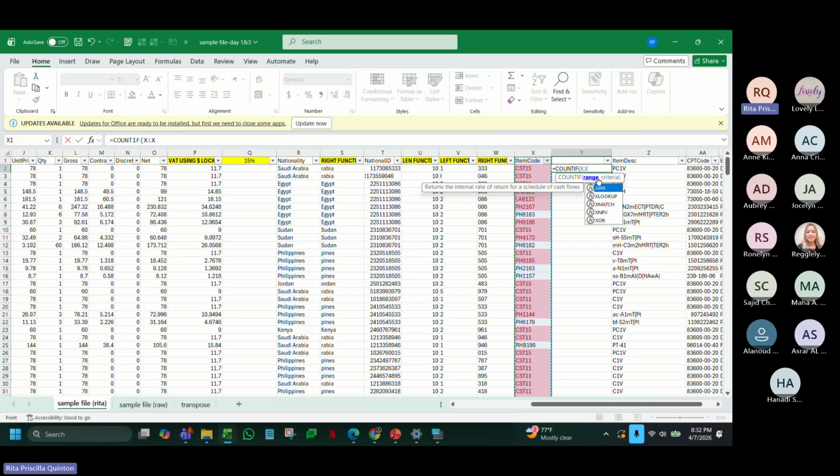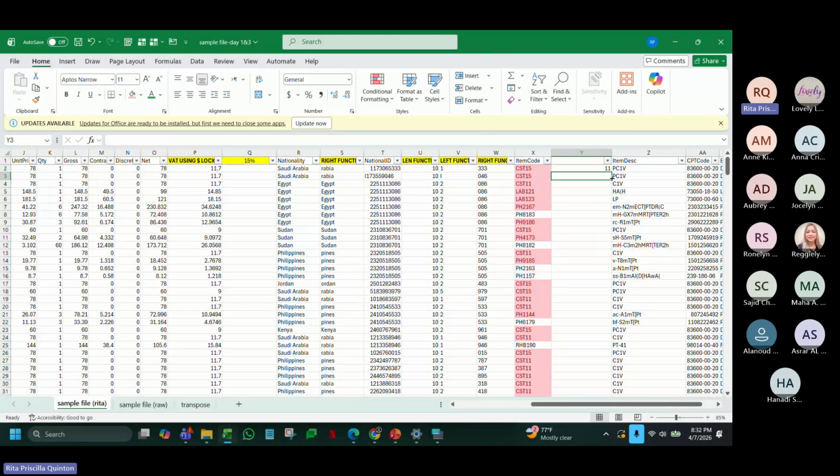For example, count all the CST 15 in this column. So how will I tell Excel that? COUNTIF this range has, comma, CST 15. So range and criteria only. Close parenthesis. Okay. Now it tells me there are 11 CST.